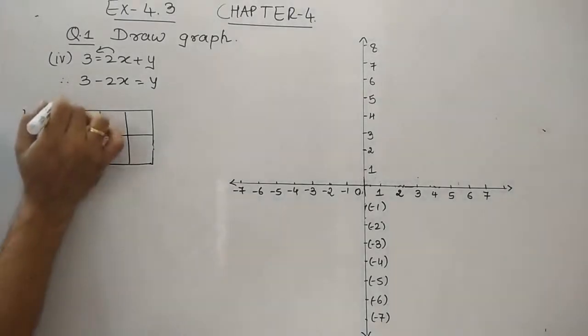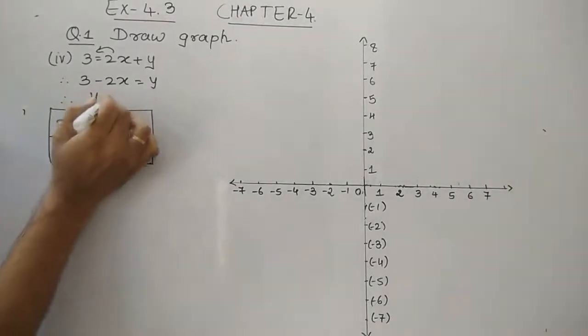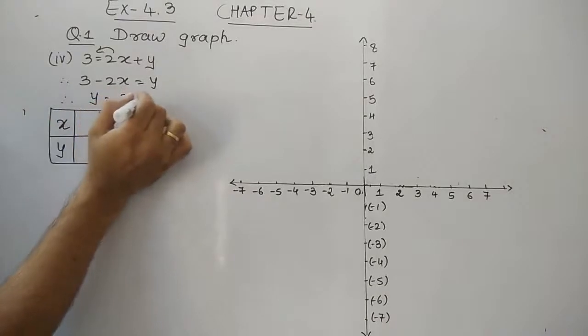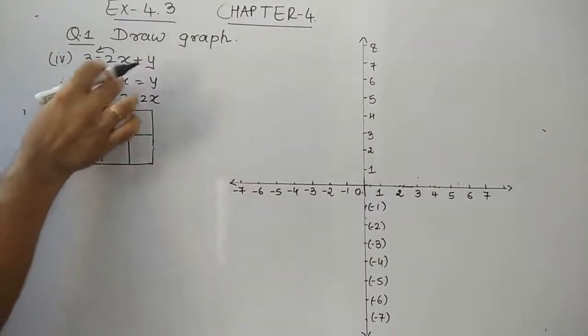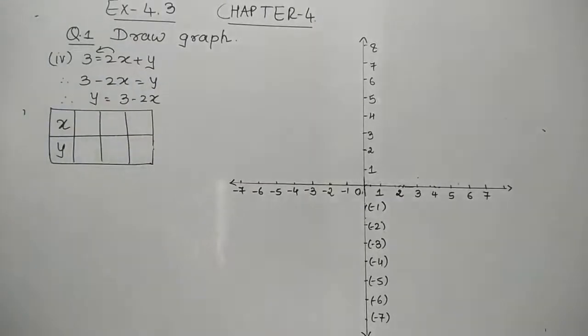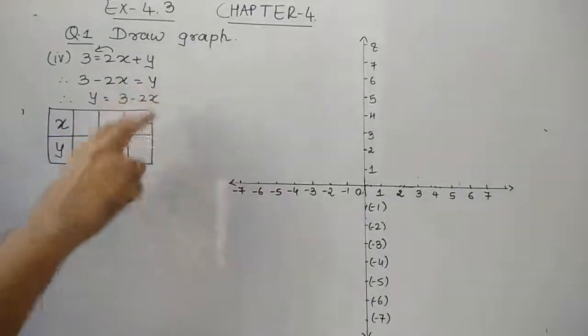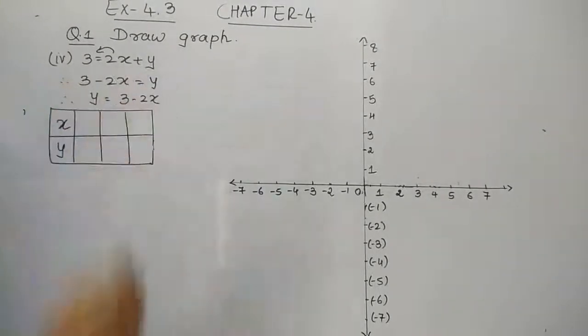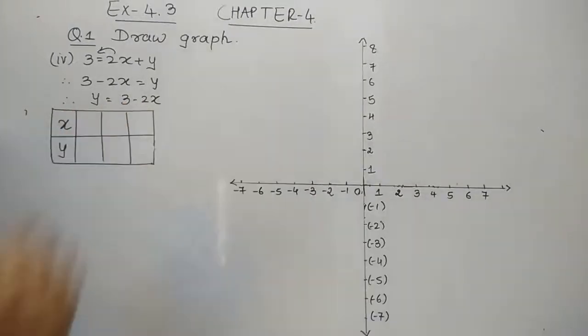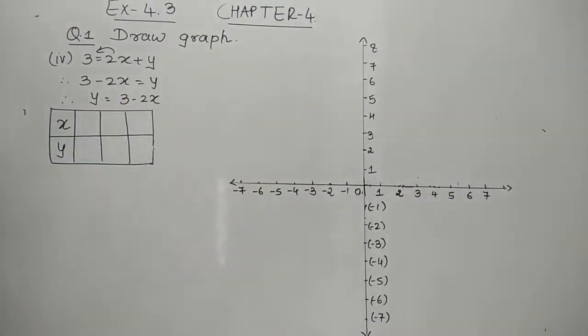Students generally write the subject on the left hand side. So what will we do? y equals to 3 minus 2x. The term which was on the right hand side I have written here and the whole term I have written here. So here we do not have to change the sign. We have to just change the side. We have changed the sides of both, so we are not supposed to change the sign. So now this is the equation form, y is equals to 3 minus 2x. Now y is the subject and x is the variable in the equation.